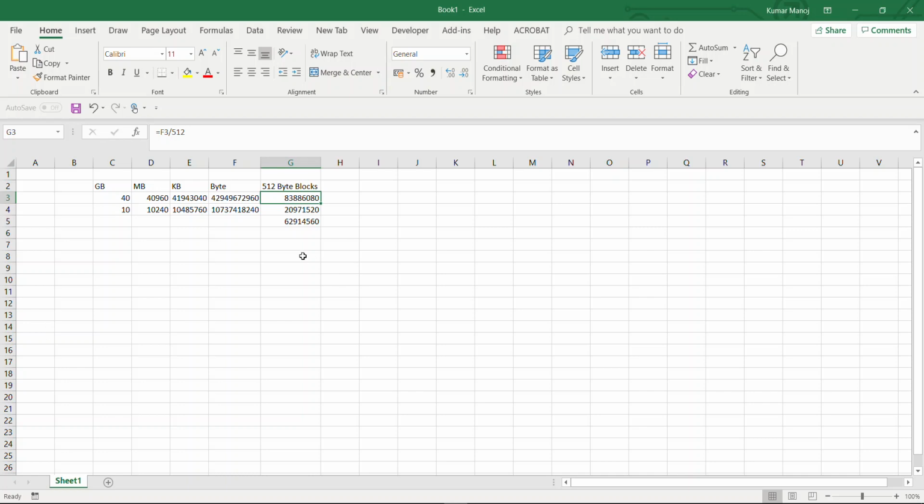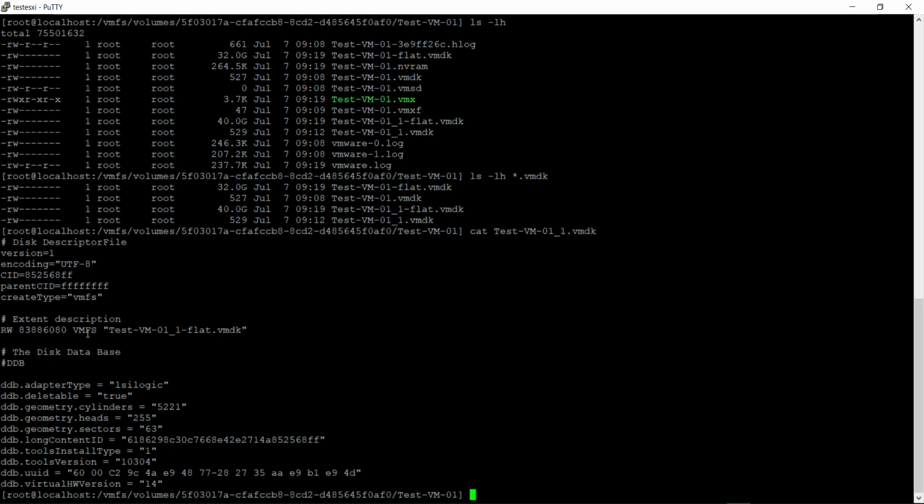And when we need to reduce the size, first we should know how much size we are reducing. So we are reducing 10 GB, and this is the value for 10 GB in blocks. We will subtract this value from the total number of existing blocks, and we will put the remaining blocks in place of the existing number of blocks.